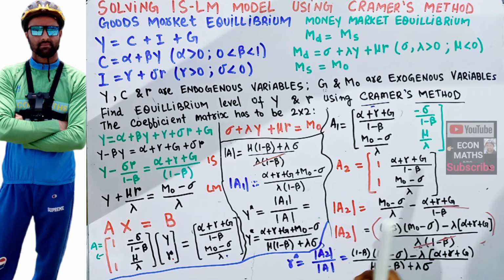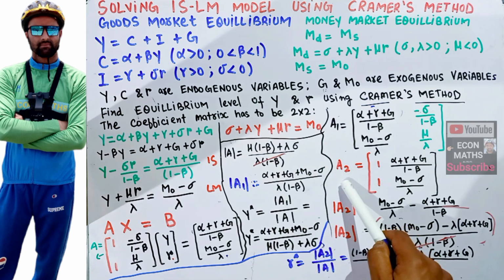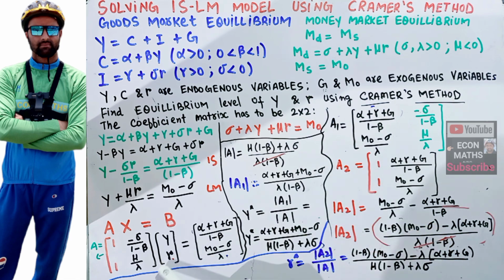Same method we applied to find out the rate of interest. We form a new matrix A2 in such a way that we replace the second column of the coefficient matrix with the vector of constant terms, and after that we took